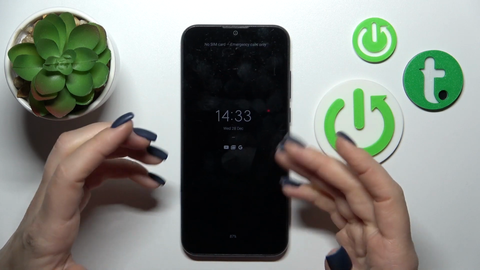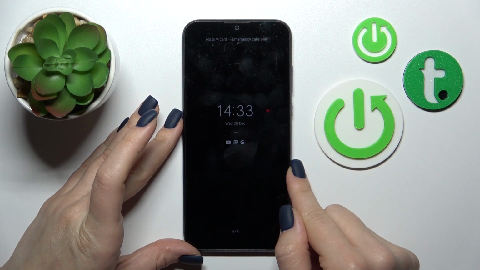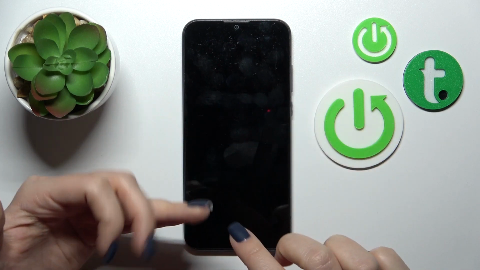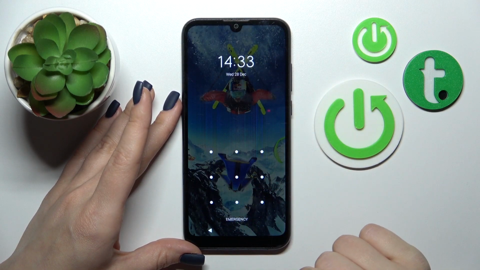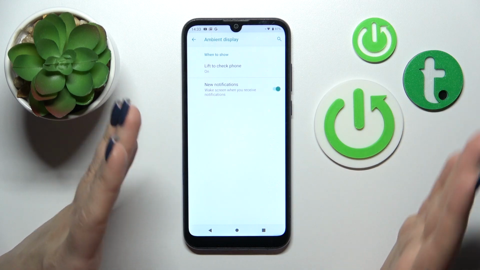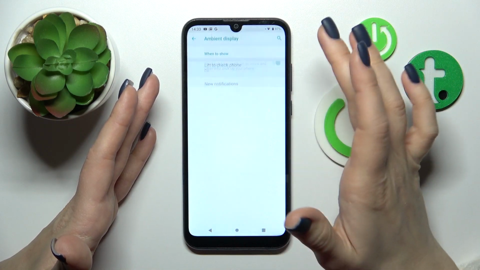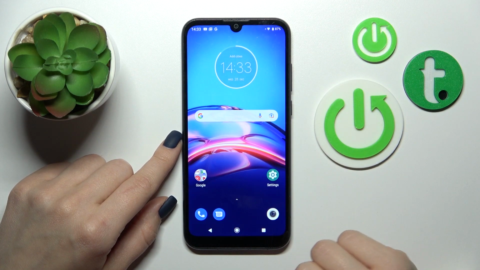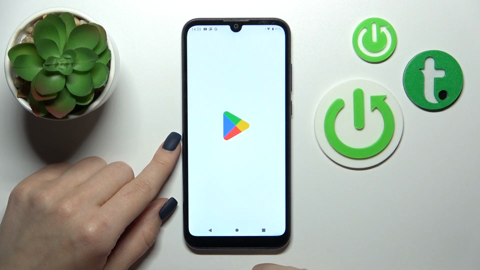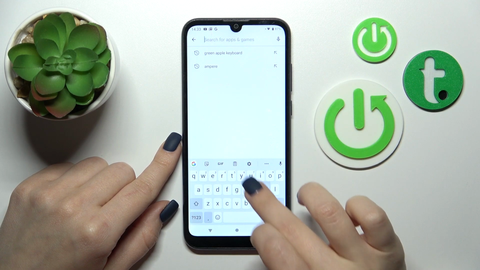But if you want your device to show you the notifications and the time all of the time, you should install an application from the Play Store, because that option will only work when you lift your device to check. So now we should open the Play Store application, and in the search bar we should enter the Muviz